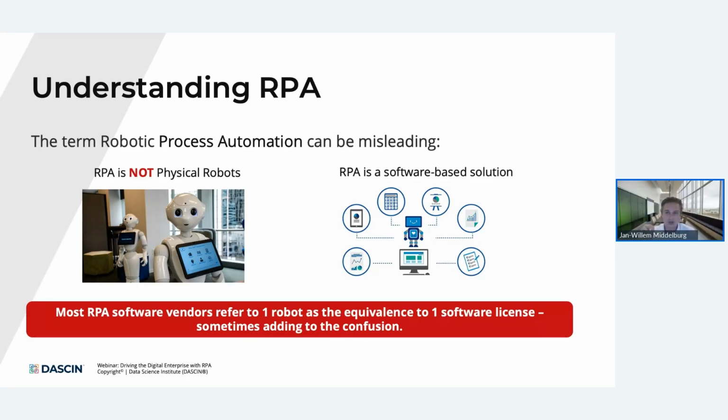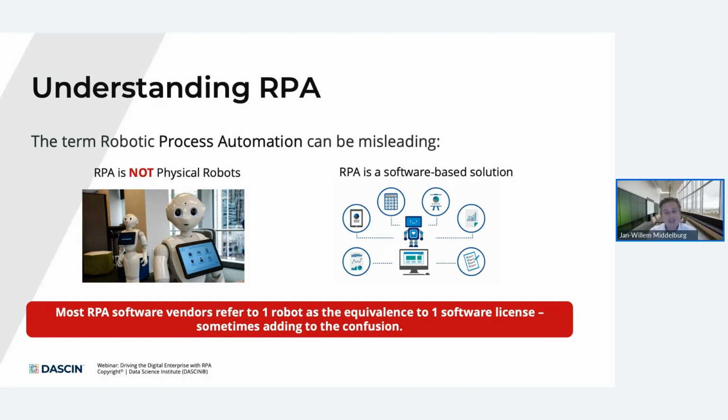Now that we've seen this definition, note that the term itself can sometimes be a little bit misleading. So just for clarification and to repeat this one more time, when we're talking about RPA, we're talking about software and software robots. RPA has nothing to do with the physical robots I'm showing you on the screen. That's the world of robotics and not RPA. Robotics is about mechanical processes. And even though we could probably use RPA to guide or give instructions to physical robots, the domains are quite significantly different.